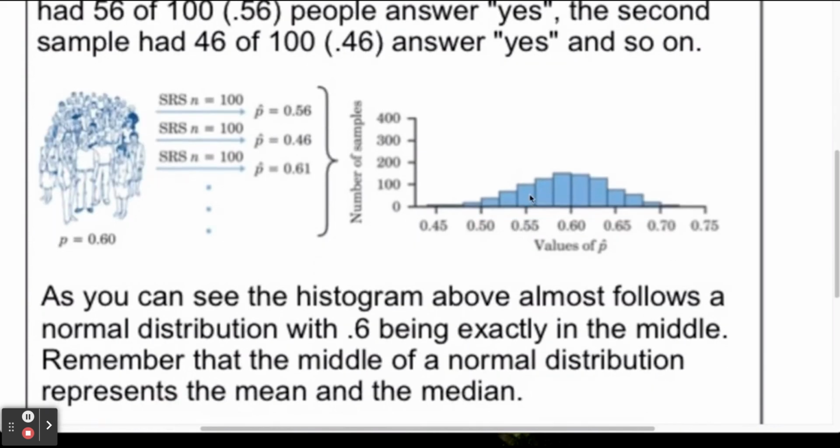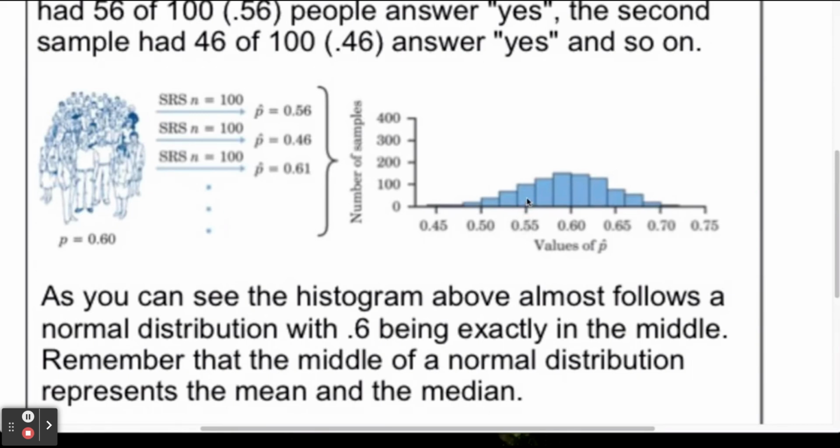We have a histogram here. And as you can tell, this histogram follows that normal curve idea. The way that you would read this histogram is that the x-axis is the statistics, the number of people that said yes in each sample. And then the y-axis is the number of samples that were taken. So if I were to read this, it looks like